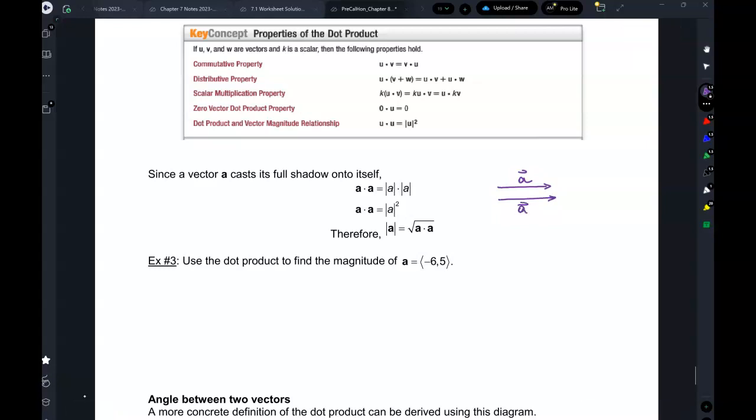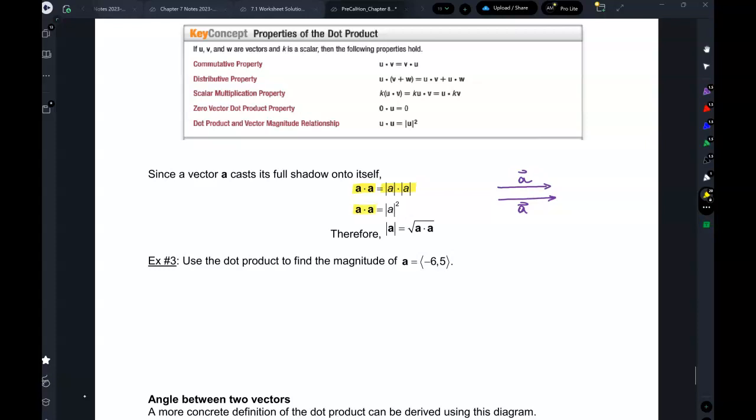What is the projection of A on A? Or what is the shadow of A on A? It's the whole thing, right? So the dot product here would be the length of this projection times the length of this. So A dot A would just be the length of A times the length of A,